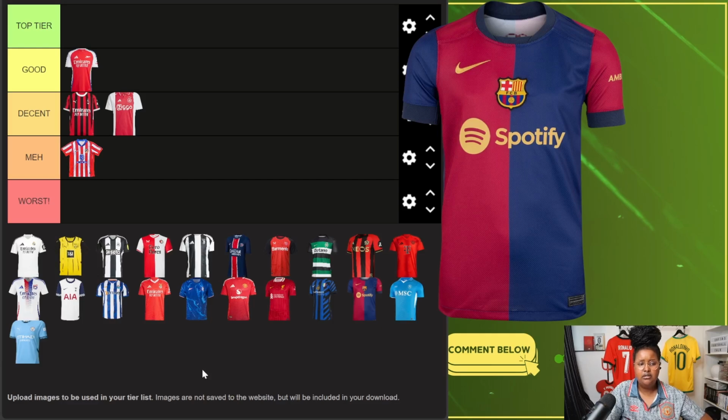Barcelona, this one gives me a little bit of homage to, I think it might have been the 06-07 kit, with the different color blocking, if that even makes sense. This would have been top tier for me if the Barcelona badge was on the other side. If that was the case, I would have probably put this in top tier. Since it's not, I'll just put this probably in